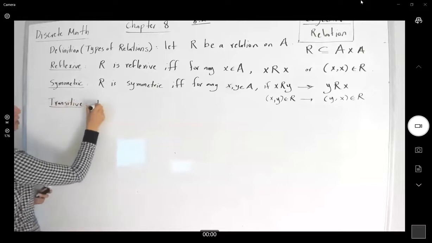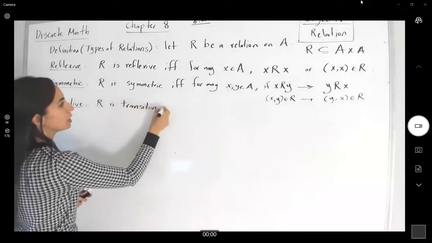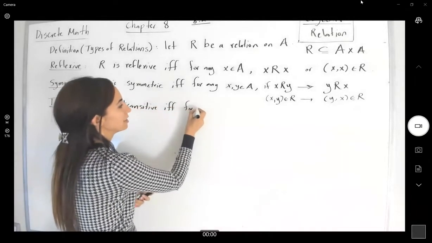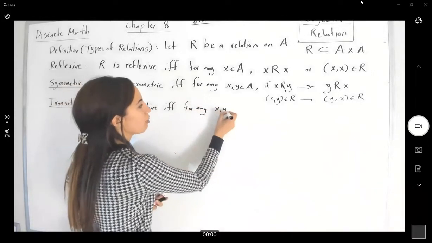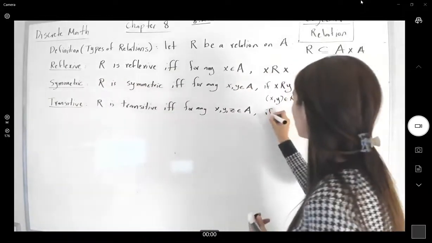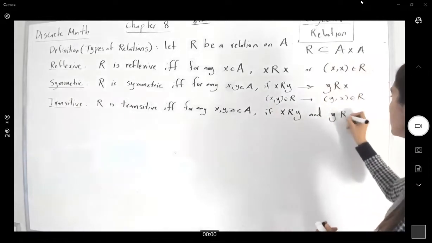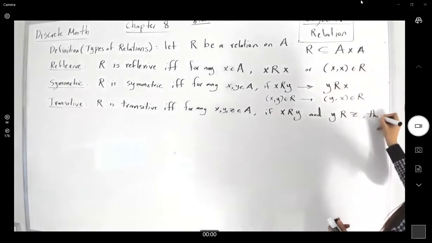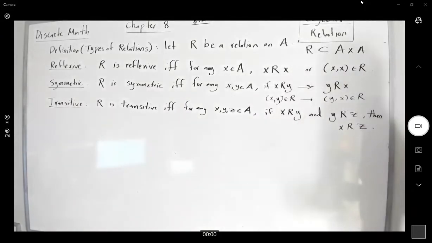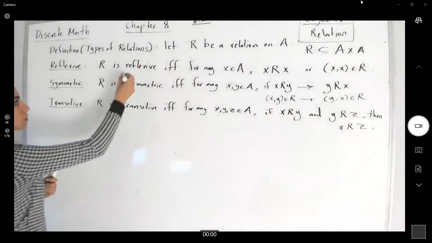Transitive relation. R is transitive if and only if for any x, y, and z in A, if x is in relation with y and y is in relation with z, then you can conclude that x is in relation with z. Okay. Reflexive,